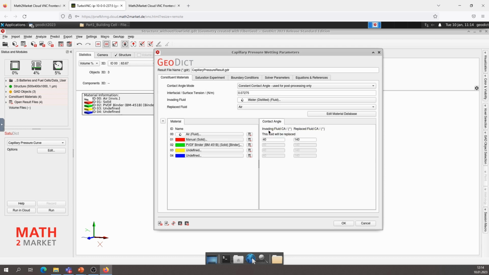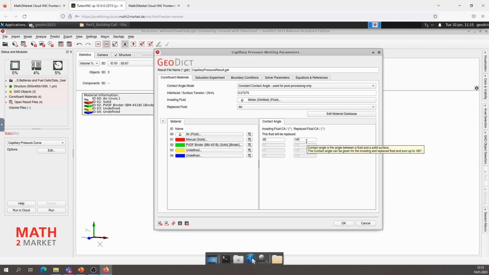We have just the invading fluid and a replaced fluid. And the contact angle, CA, is important here. We start with the invading contact angle and the replaced fluid contact angle.